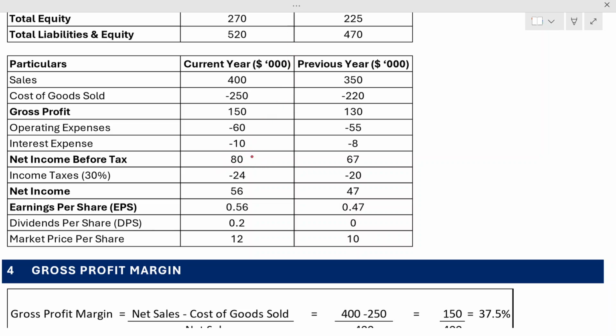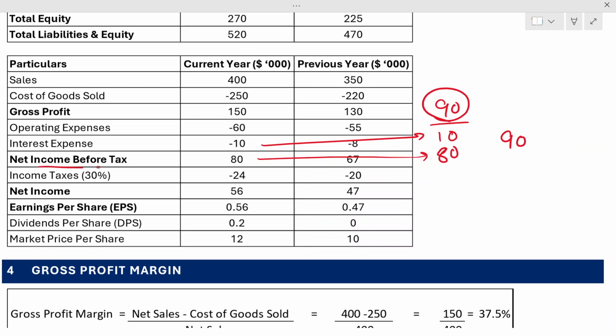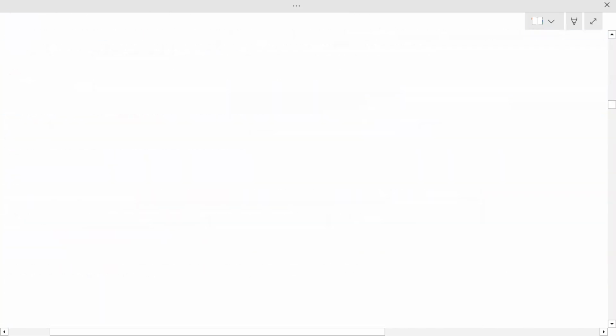So basically we are saying this $80 is after interest, and interest was $10 here. So before interest it would have been $90, right? So before interest, our earning before interest and tax, or income before interest and tax, was $90. Then interest got reduced by $10. Then we have $80 here, which is available as a net income before taxes. Now these are the numbers here, and if we go below and see here,